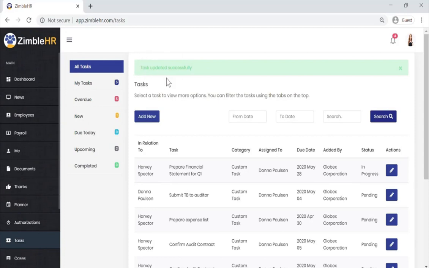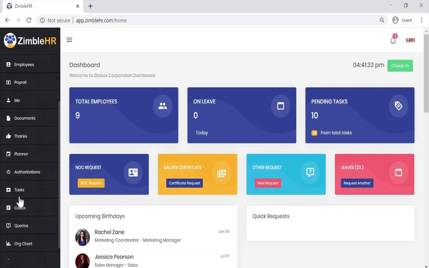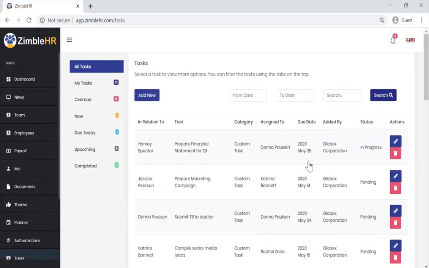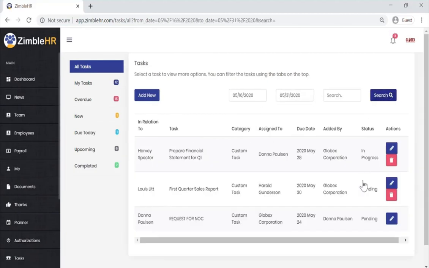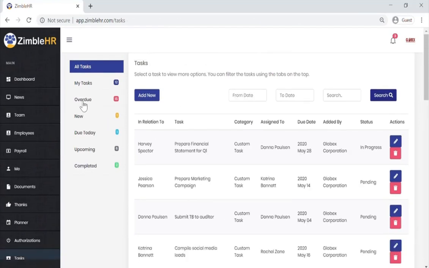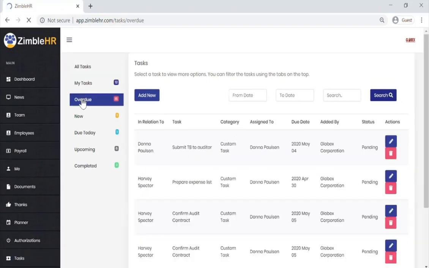This amazing feature on the ZimbleHR portal doesn't just allow you to review your task, but also to filter out and search for the task that was previously added. For example, you can simply filter out the tasks based on the dates of your choice. Or by the list of the tasks that are assigned specifically to you, tasks that are overdue,